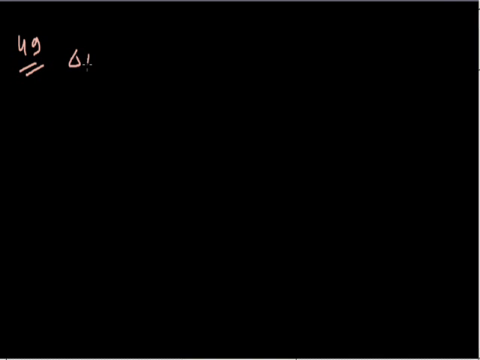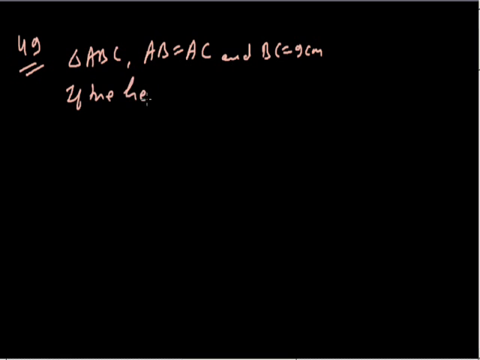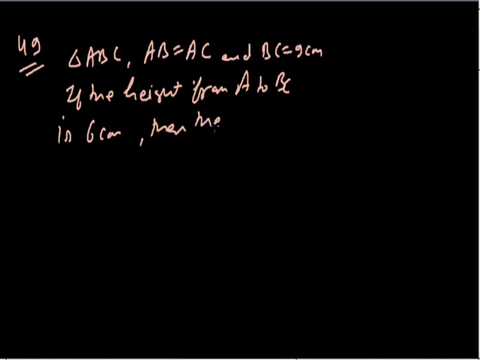It is given that in triangle ABC, AB equals AC and BC equals 9 centimeter, and if the height from A to BC is 6 centimeter, then the height from C to AB is,